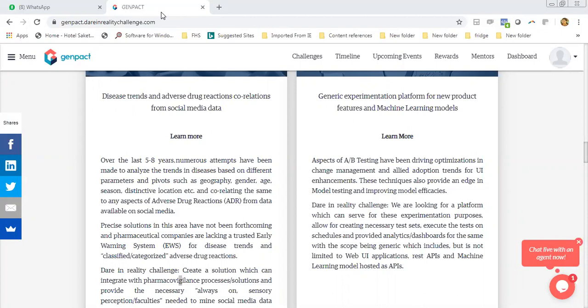Yeah, so Bhavani, I think Mr. Kiran has one question related to the previous use case, that is disease trends. So he's asking, clinical trials once performed, drugs will be released in market. So please let me know how adverse drug reactions affect.